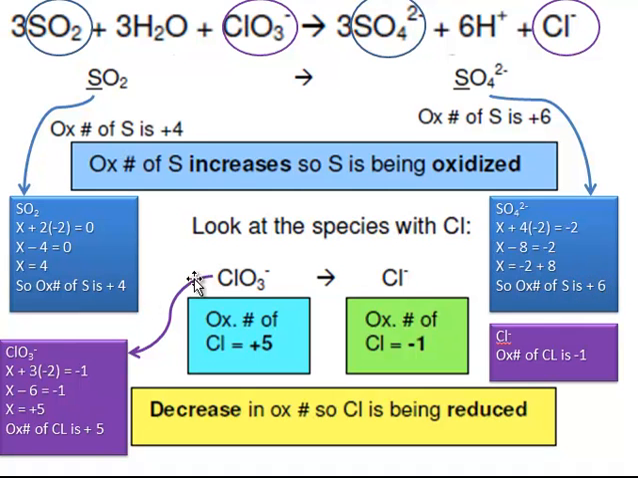So it's changed from positive 4 to positive 6. So the charge is getting increased. So we can see that it's oxidized because it's losing electrons. So when something loses electrons, the negative charges are gone. So it's more positive. Now if we look at ClO3 and it goes to Cl minus, we write it down here,